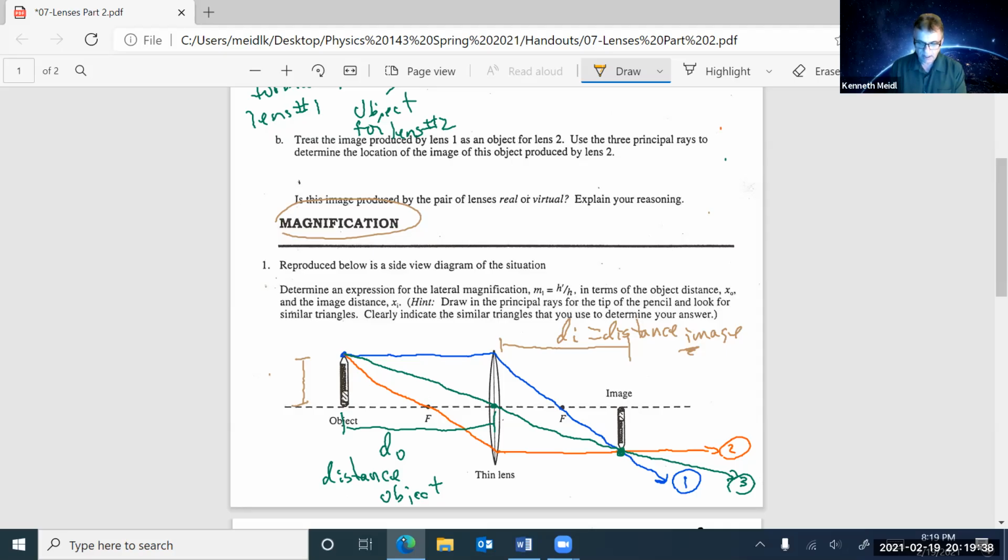In the next lecture, we'll be starting with this picture right here, developing the mathematics and then using the mathematics to make predictions with precision. So we'll refine this approach, but this approach really helps to do these types of problems really fast, especially since you can just imagine what a couple of rays would do where they meet up, and you can get a full description of the image very quickly. Real, virtual, bigger, smaller, magnified, minified, or upside down or not upside down. And so that's really what you want to be able to do. Okay, so I hope this helps with